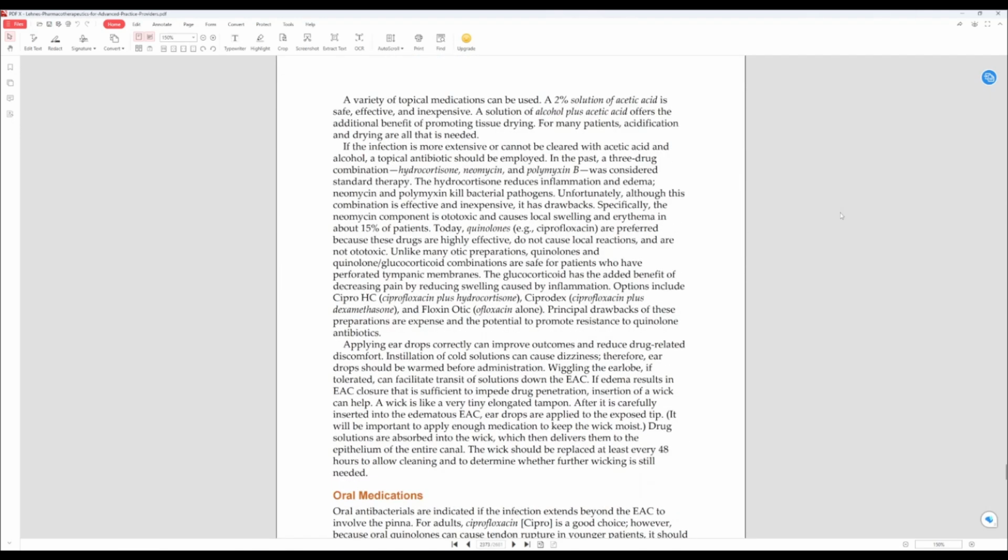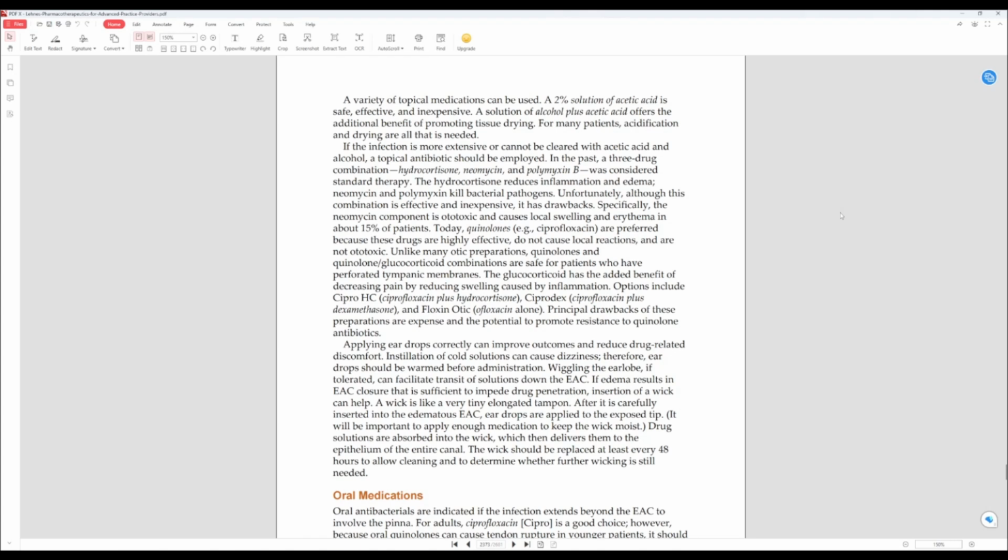A variety of topical medications may be used. There's a 2% solution of acetic acid, which is safe, effective, and inexpensive. A solution of alcohol plus acetic acid offers the additional benefit of promoting tissue drying. For many patients, acidification and drying is all that is necessary. If the infection is more extensive or cannot be cleared with acetic acid and alcohol, a topical antibiotic should be